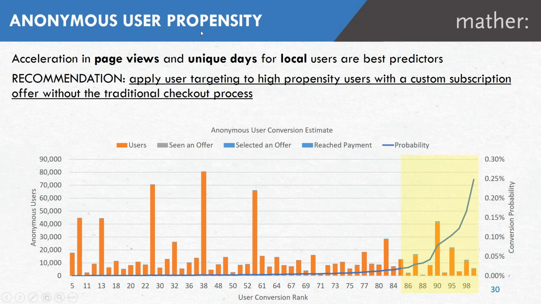And this is an example of a market where we ranked all their users, anonymous users, on a scale of 1 to 100. And the blue line here represents the probability of conversion. And you can see they're really at the top, maybe top 15th or top 10 percentile is really where you're seeing that inflection point in conversion rates. So in terms of the application, we would really say, for that top 10th percentile, that's where you're really going to try to offer them paid products in the site,